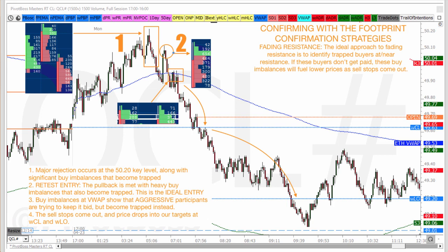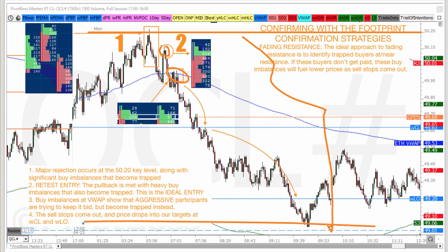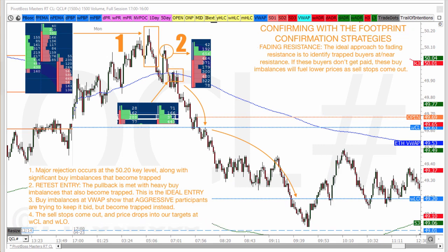Now, again, precision entries. This was a major rejection right off 50-20. That was the zone that we talked about to sell. So it only went 2 ticks above the level that I called out before. Then right here, pullback. Then right here, a pullback. But from that 50-20, this thing dropped back to the 49s. Again, another $1,200 per contract drop just to that zone. Very, very powerful.